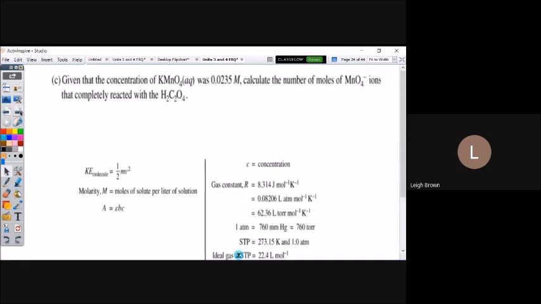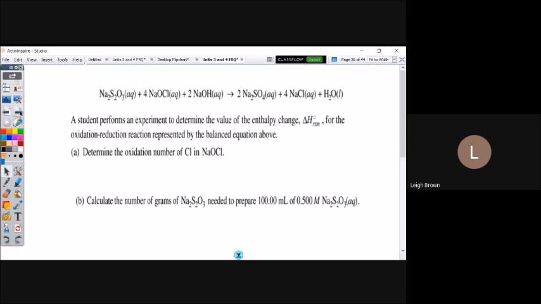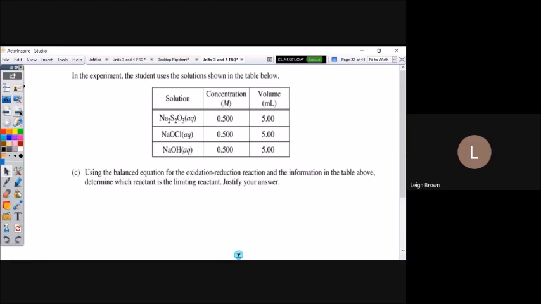Okay, the next one we're going to is more molarity. We've done a good many of those. I'm just going to try to get to something that's a little different. So let's go to A, which is another oxidation number, and B is similar calculations with molarity and getting to a gram value. I did want us to look at part C. If you'll flip to page 7, this is part C if you had it printed at the bottom.